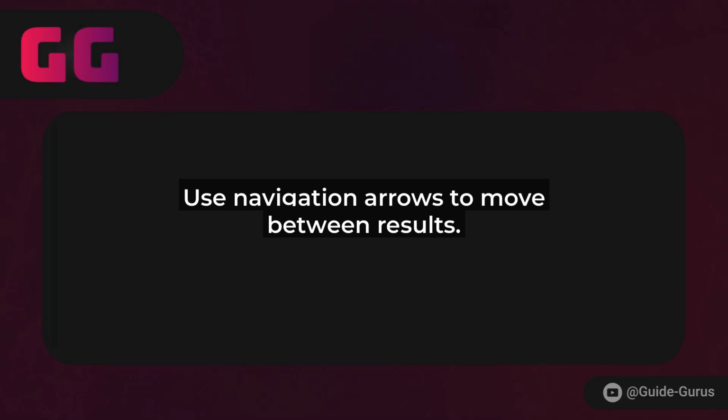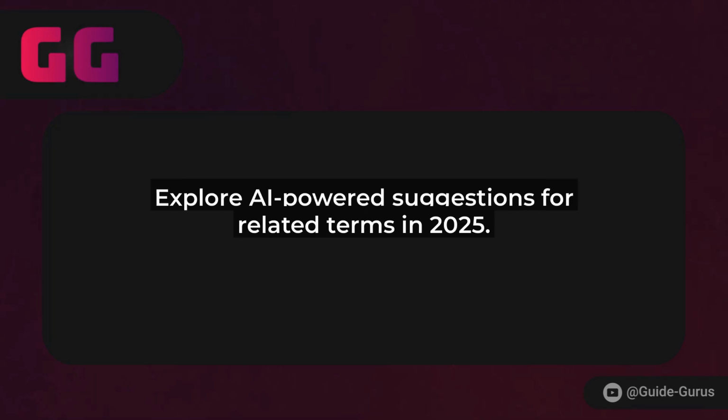In 2025, Adobe has upgraded the search with AI-powered suggestions. As you type, it might offer related terms or show a preview of results. Use the navigation arrows to jump between matches. It's that simple. If you want more precise results, try using quotes for exact phrases or the advanced search options under the menu to filter by page numbers or case sensitivity.